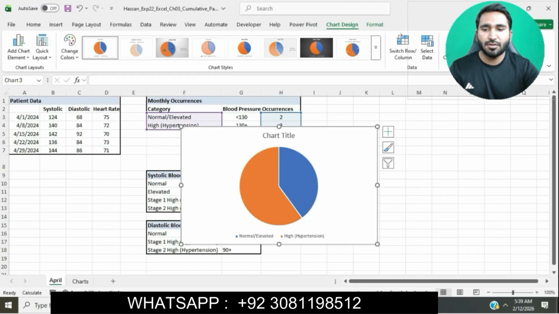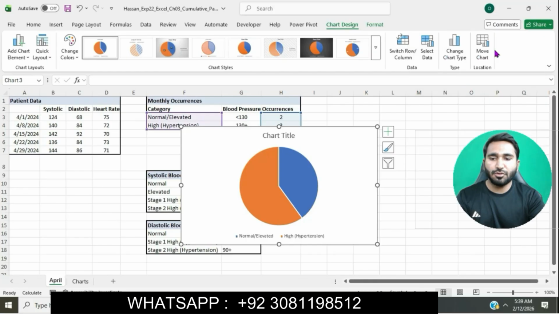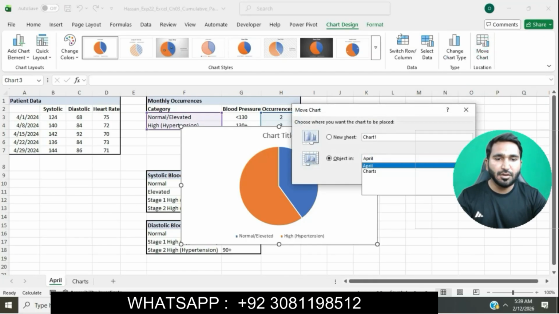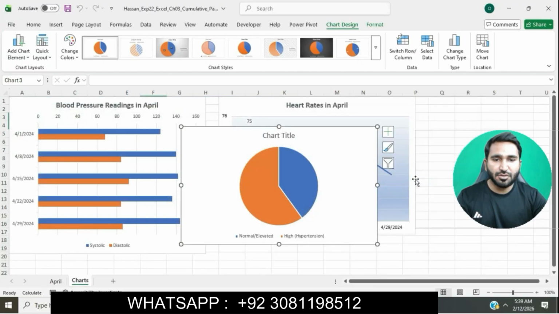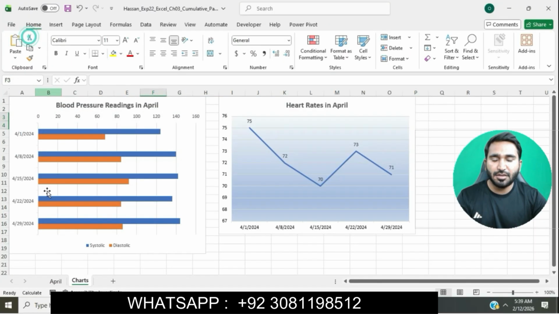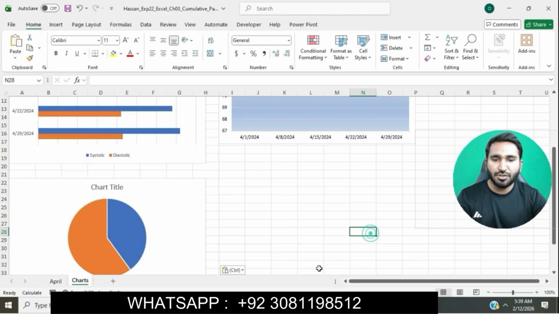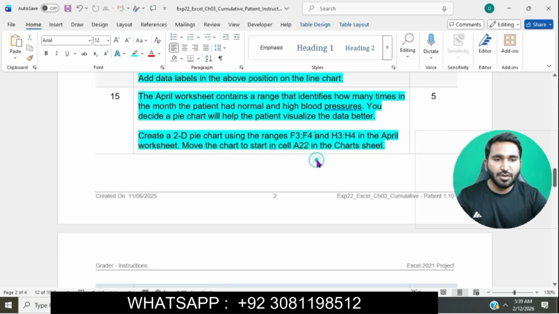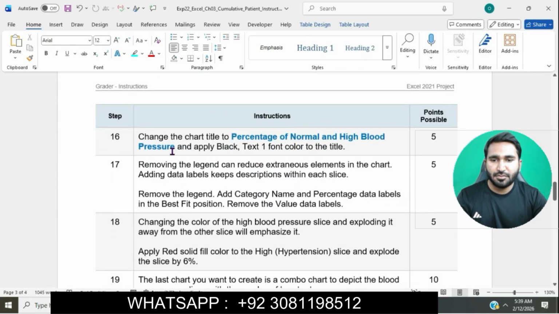We will go to the location group. So we will go to the location group, click on move chart to a chart sheet, and we will cut this chart in the clipboard group. Select this chart and in the clipboard group, click on the cut button, and we will paste this chart in cell A22 in the chart sheet. Okay,